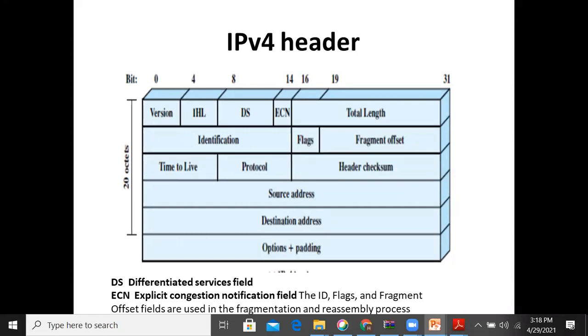So any computing device you are considering will have the MAC address. Other than the MAC address, every device will be given a logical address. Logical address in the sense, whenever you are connecting to any network, every network will have its own type of addressing, its own format of addressing.